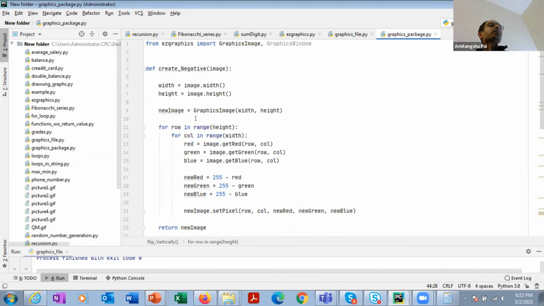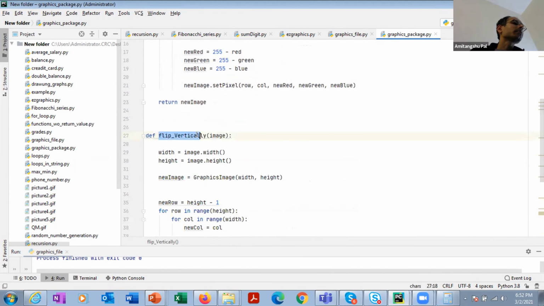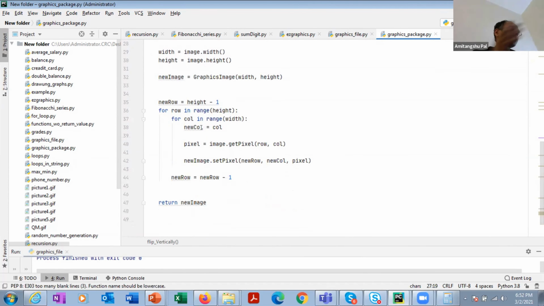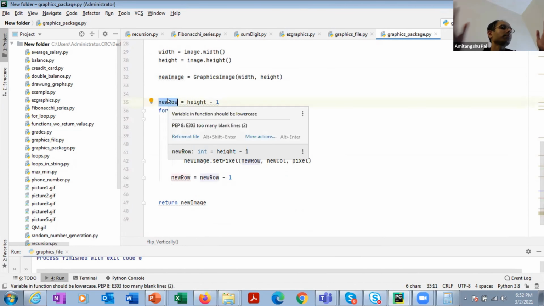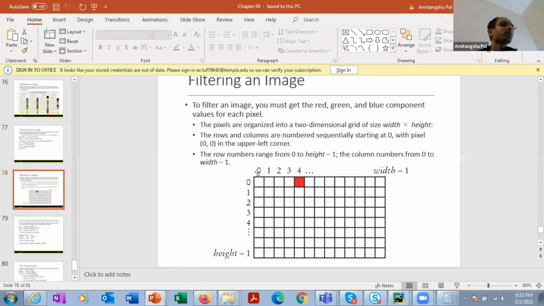You can add multiple other functionalities. So for example, instead of implementing flip vertically, you can do flip horizontally, right? That means instead of swapping the rows, you need to swap the columns. You need to swap the 0th column with the width minus 1th column, the first column with the width minus second column, and in this way.